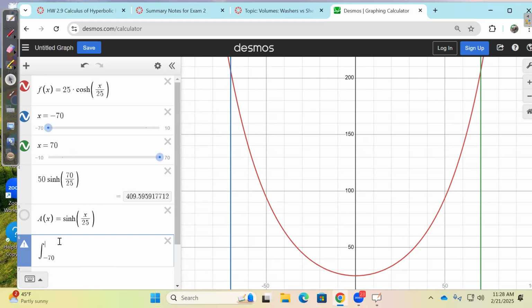-70 to 70. Then I want the square root of 1 plus parentheses squared, and I'm just going to plug in what I typed. So you could either type sinh of x over 25, or if you enter it as a function, you could just enter your function. Oops, the x is missing. Yeah, thank you. And they should match. Bang. Got it. Okay. So when we made it exactly,